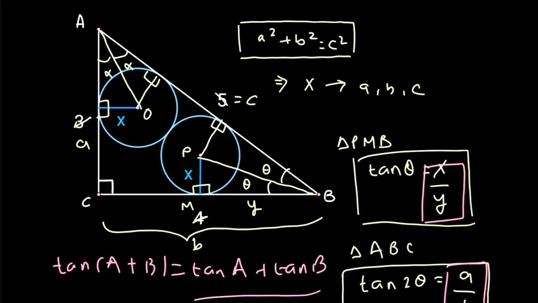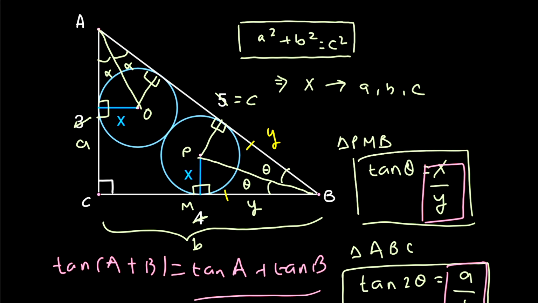Now carefully look at this diagram. y was taken as the length of MB, and as these two triangles were congruent, the rest of the things between them become equal. Therefore the lengths of these line segments become equal and it would have a value y. So the first part of the question is done.